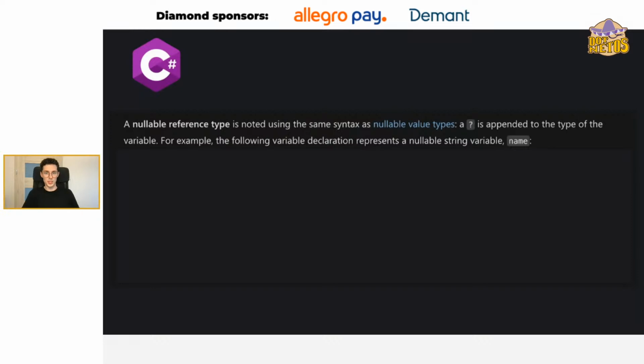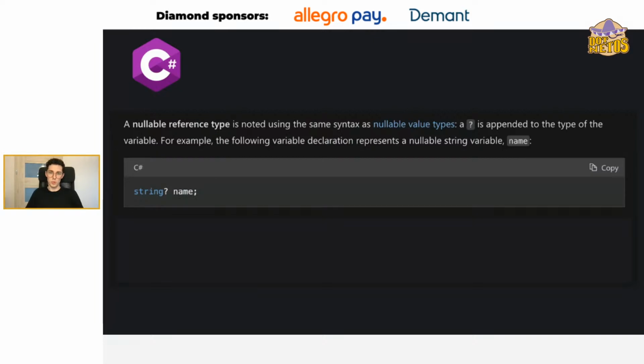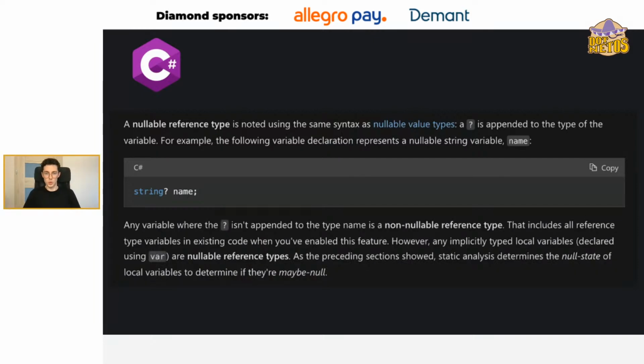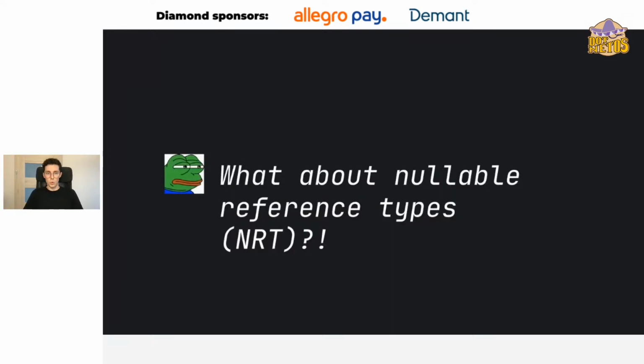And coming back to C#, the solution is basically a copy of Kotlin. All nullable objects must be declared with a question mark postfix, otherwise those are non-nullable. And no surprises, really.